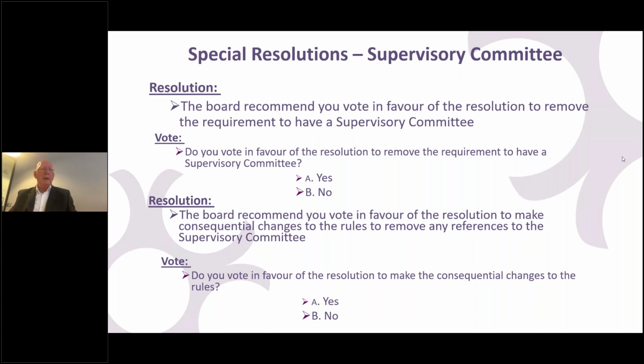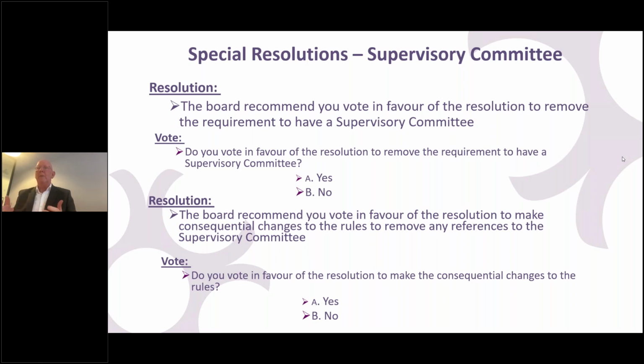All of those are in the set of rules that's attached in your meeting materials, which sets out, you can see marked in red, either every addition to the rules or every deletion from the rules. Just so that you don't think we are being unusual in doing this, as we talk to other credit unions, this is a growing trend, and more credit unions are having exactly the same problem that we are in finding it increasingly challenging to persuade people to join a supervisory committee, and instead they're moving to a paid internal audit